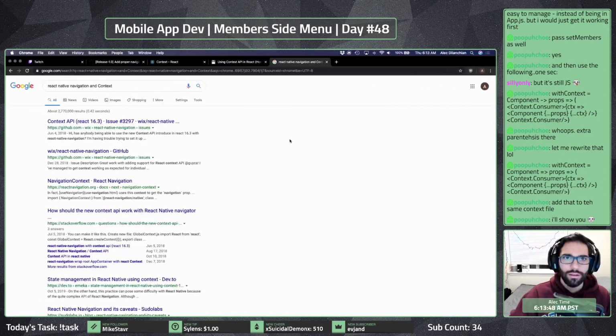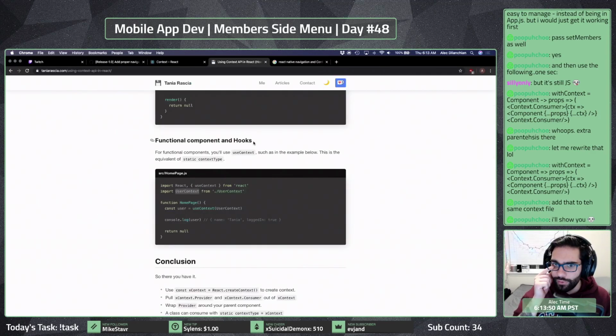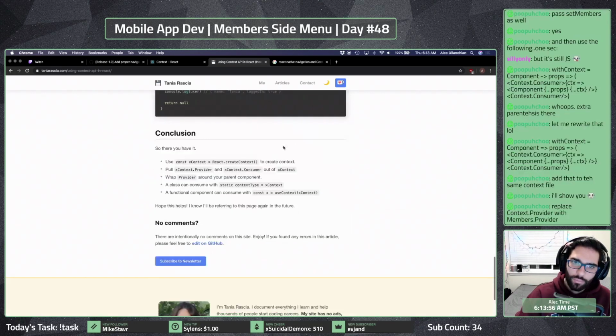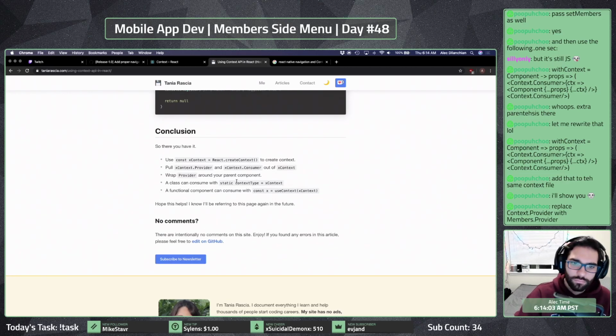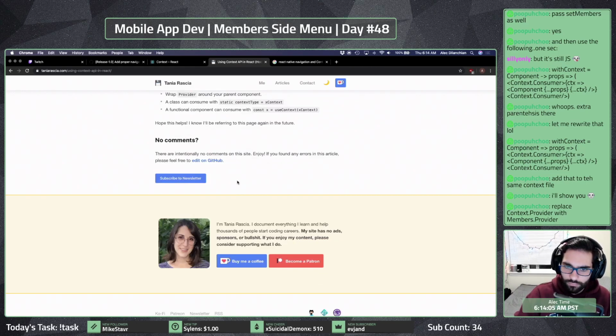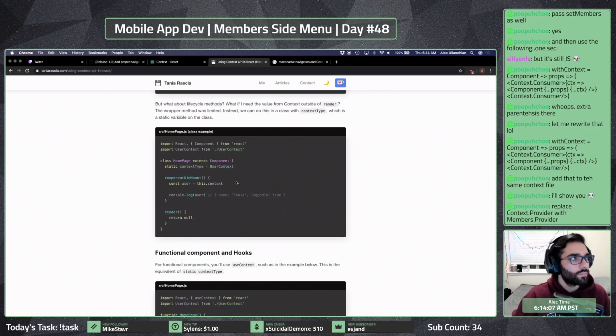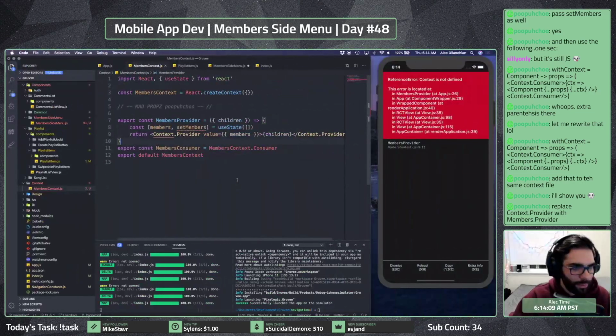I wonder why, when I was following this, they didn't bring up anything about use state. I guess this is if you just wanted to pass it along. Place contributor with members.provider. Yes.